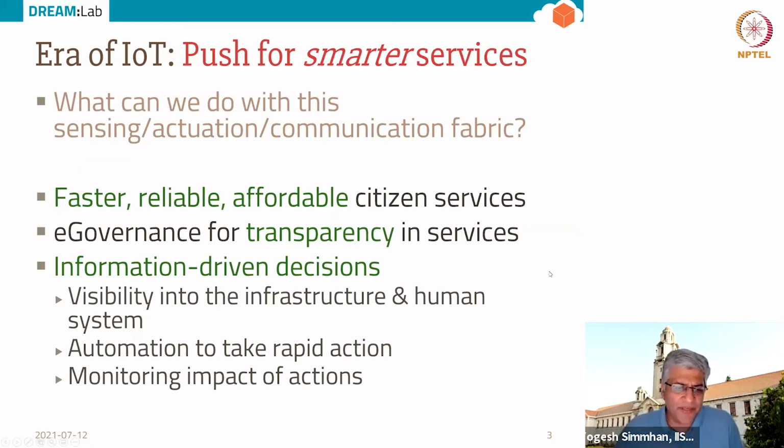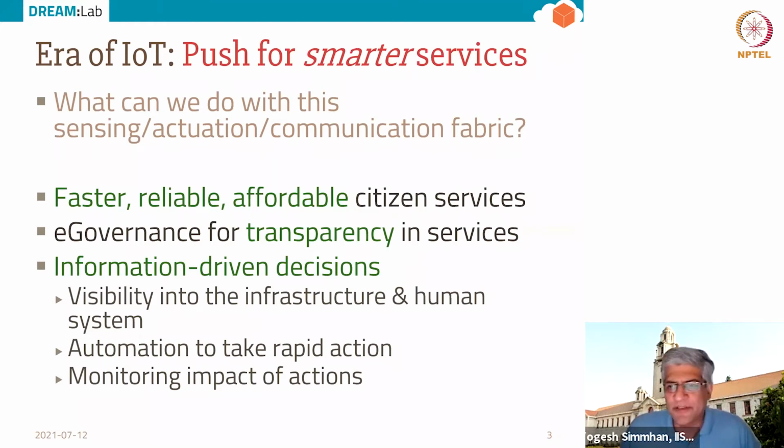And now the question becomes, okay, once you have sensing and once you have communication, you're able to collect data about the environment, you're able to send signals. Now, what can you use this for, right? And that's where the interesting use cases come in. And one key use case is smart cities and smarter services for the public at large, right? We have this smart city mission within India where 100 plus cities are being upgraded to